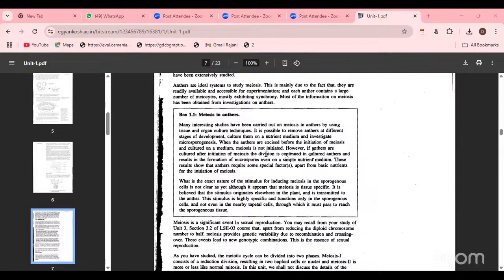The result shows the anthers require a special factor, apart from basic nutrients, for the initiation of meiosis. What is the exact